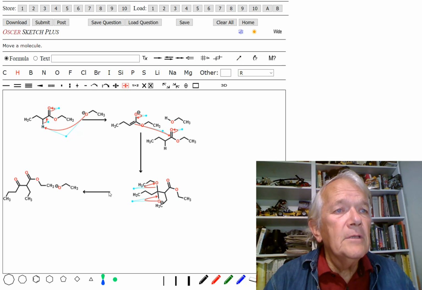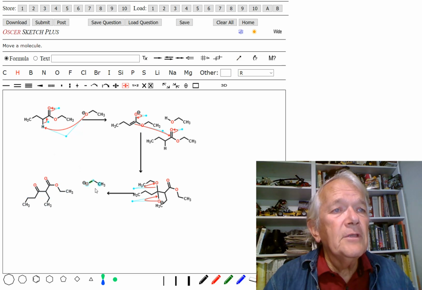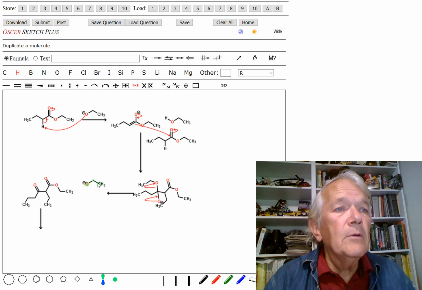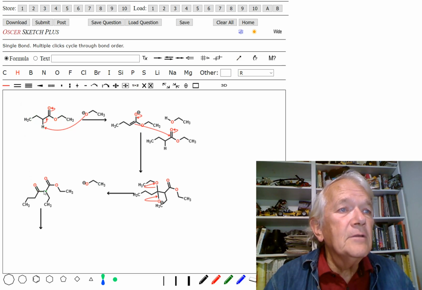but of course, this thing has a very acidic proton. So we're not done, because if this ethoxide could have formed an enolate up there, it certainly can form an enolate down here. So there's one more step where we use another mole of ethoxide. Well, actually, I don't need another mole. I've already got them. I already have an ethoxide there. So let me just draw in the hydrogen. The ethoxide comes around, grabs that proton,